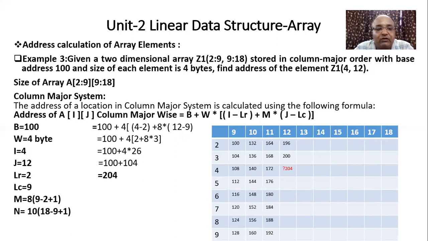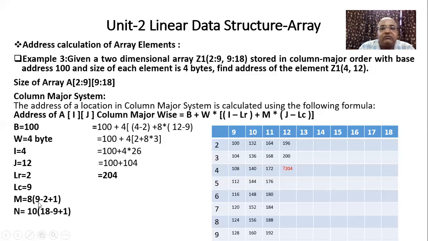Okay, now if you want to find out the value of M and N, you can apply this formula as well. Like here I have mentioned M. M is number of rows. So the row index starts from 2 and ends at 9. If you manually count, it will start from 2, 3, 4, 5, 6, 7, 8 and 9. And now try to calculate the number of rows: 1, 2, 3, 4, 5, 6, 7 and 8. So now we'll have a value of M equal to 8.